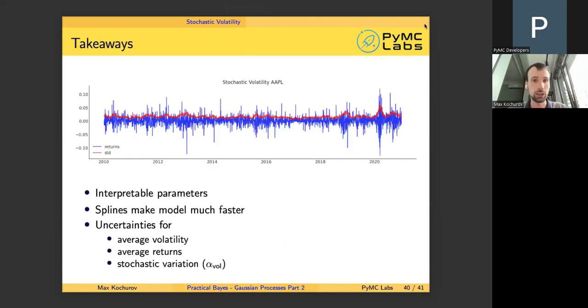I think that's it for time series and how they can be accomplished with Gaussian processes. If you have any questions before we go to our coding session, please post them on Q&A and I will make sure to answer. Right. If you don't have any questions,